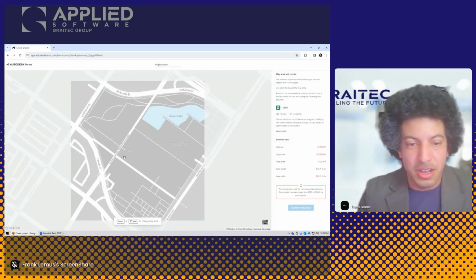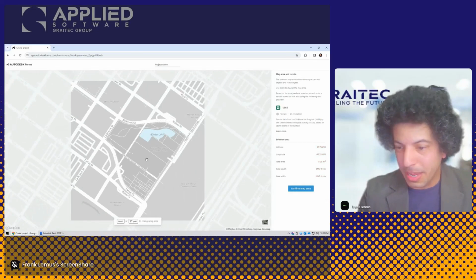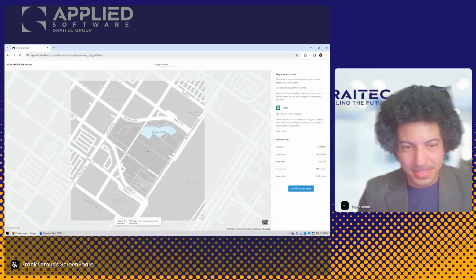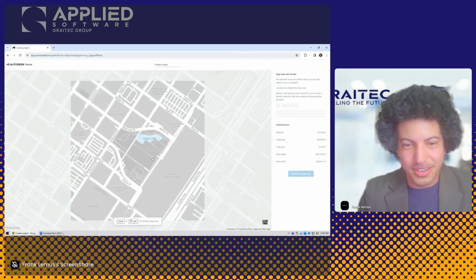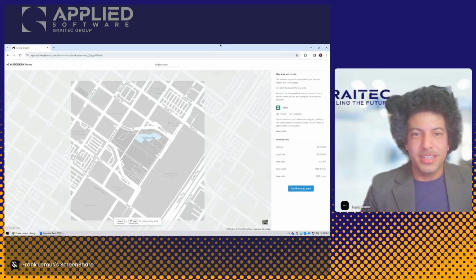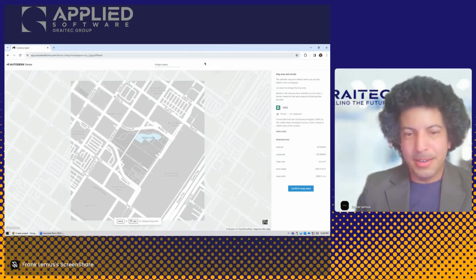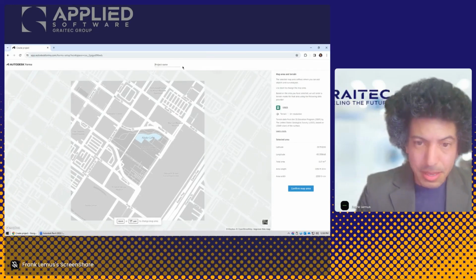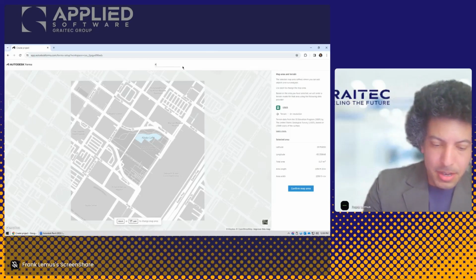Now this is actually a lawn, so I don't think a lot of people would be happy with that, but they don't know because they can't see what I'm doing. I haven't invited them to this project. All right, so I'm going to start off with a project name,